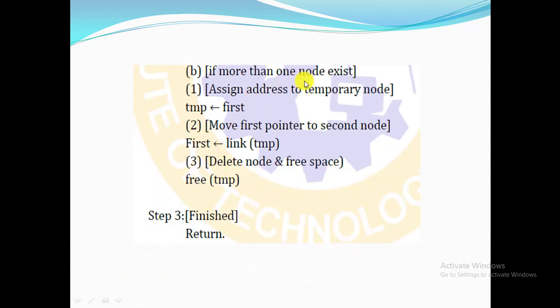And if more than one node exists in the singly linked list, then assign the address to the temporary node, move the first pointer and delete the node and free the space, that is we free the particular memory location which was allocated to the node.